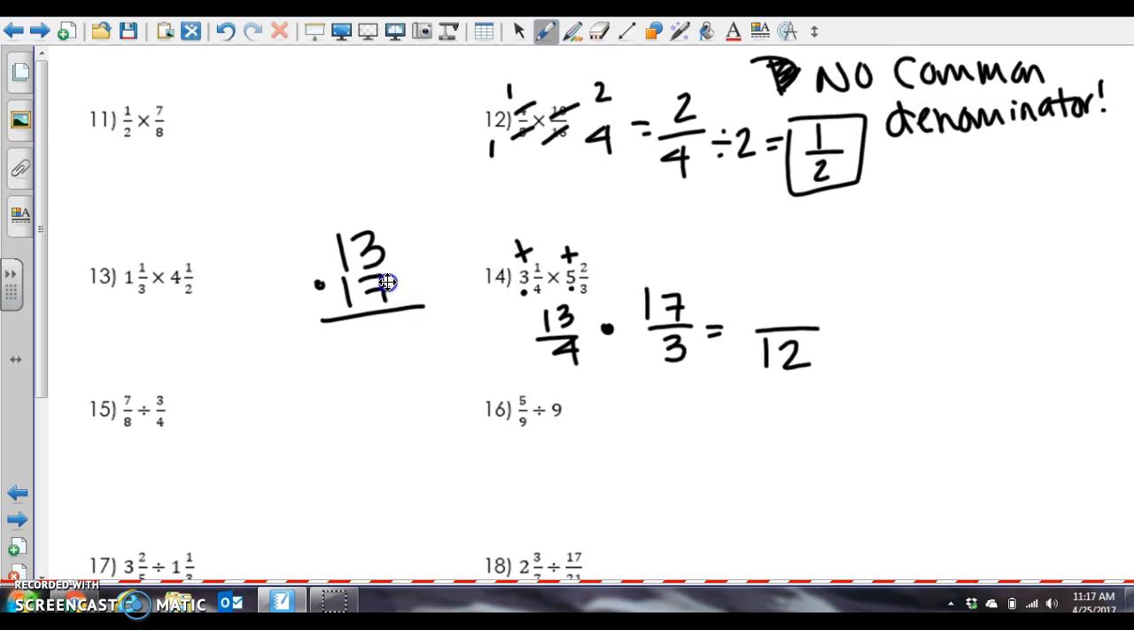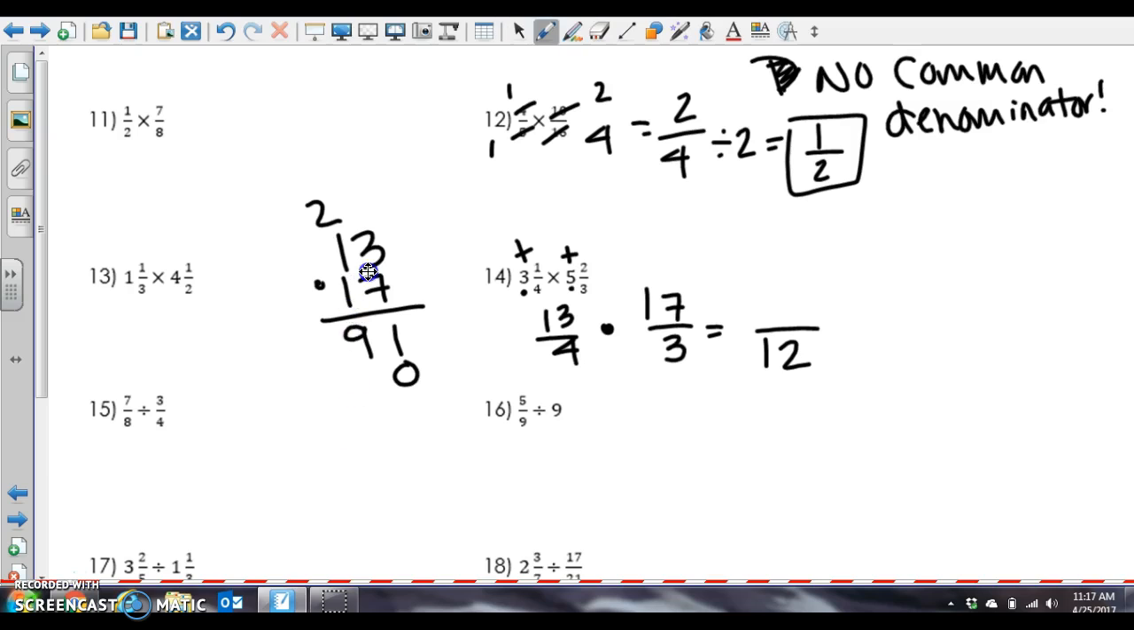So 13 times 17. 7 times 3 is 21. I put the 1 down. The 2 gets carried over to the side. I do 7 times 1, which is 7, plus the 2 is 9. Then when you're multiplying and you have a 10 spot, you always put a placeholder and put a 0